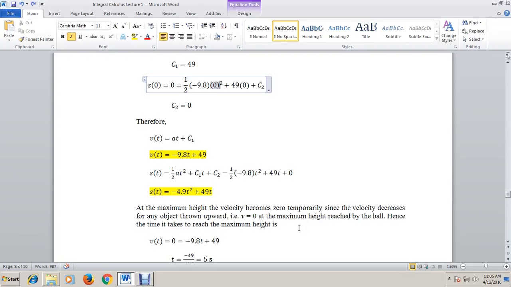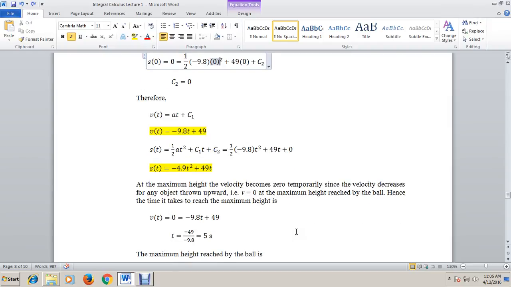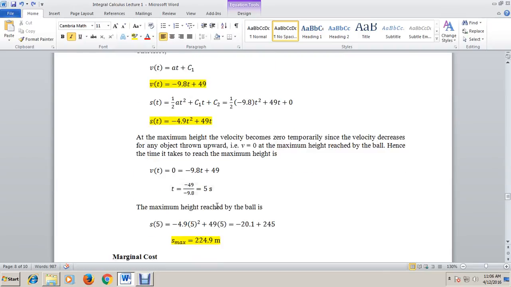And that particular height wherein the velocity of the ball is 0 is actually the maximum height reached by the ball. So this means at the maximum height, the velocity becomes 0 temporarily since the velocity decreases for any object thrown upward. In essence, the velocity at the maximum height is 0. Hence, the time it takes to reach the maximum height would be given by v of t equals 0 at the maximum height, which is equal to negative 9.8 t plus 49. Solving for time,